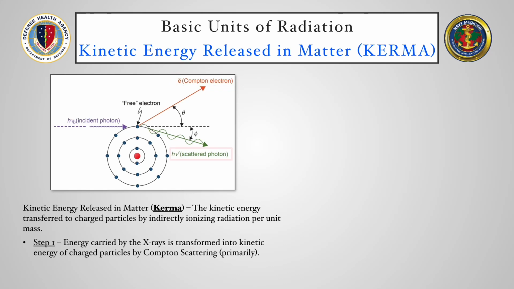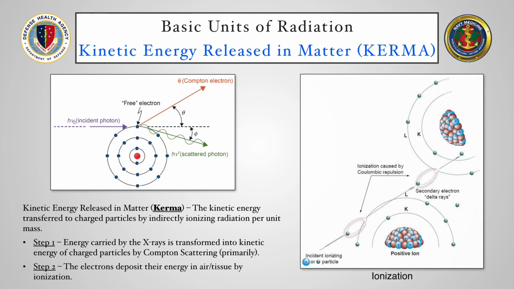In Compton scattering, a scattered photon with a decreased energy continues on to interact further with other matter. In step 2, electrons deposit their energy in air and tissue by ionization. In ionization, an incident ionizing electron will come into vicinity of an orbital electron, and the repulsive force will cause it to be free from its orbit around the nucleus, leaving a vacant shell and the atom with a positive